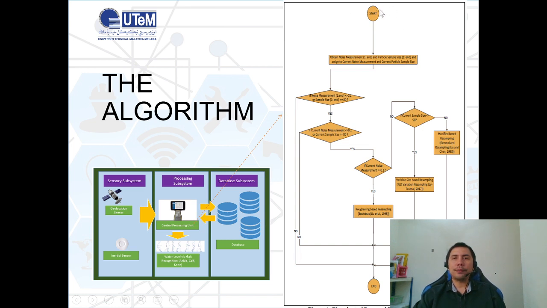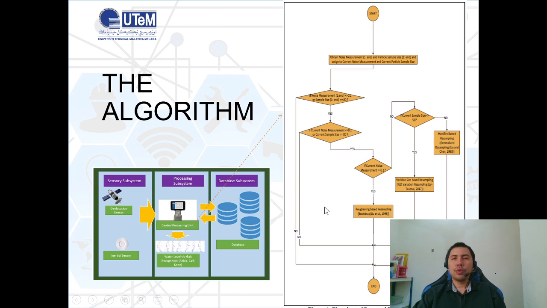We start with the start, and then we obtain or measure the noise measurement and the particle sample size. Particle means data. After that, if the noise measurement or sample size is high, it will go under that. If the current noise measurement is less than 0.1 and the sample size is less than 80, it will go here. If the current noise measurement is less than or equal to 0.1, go here,